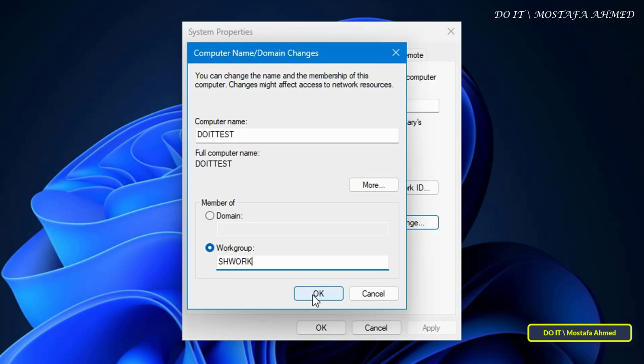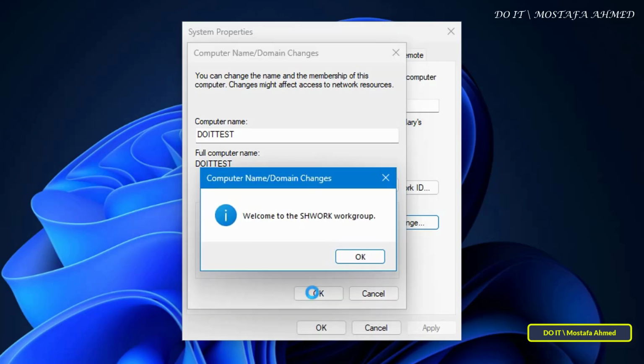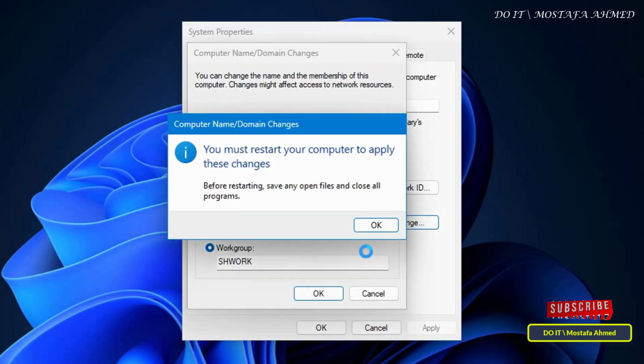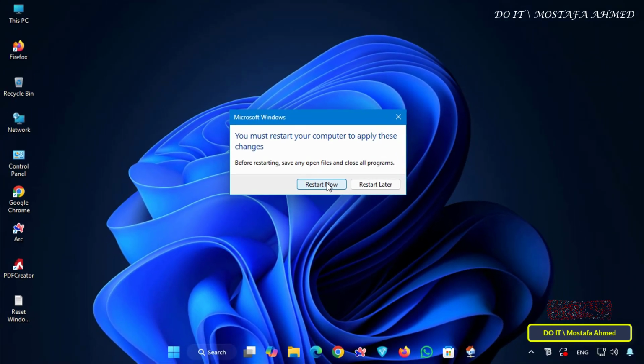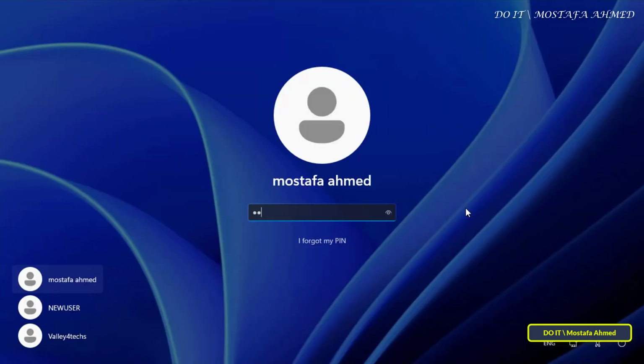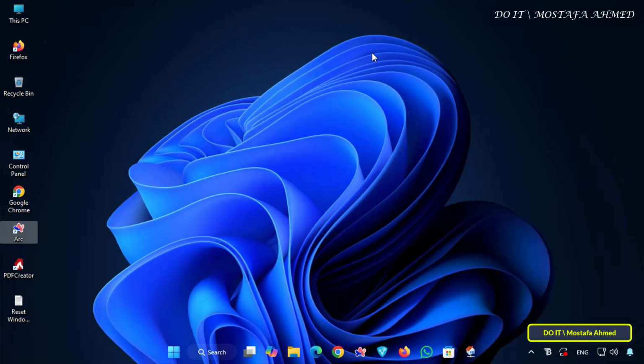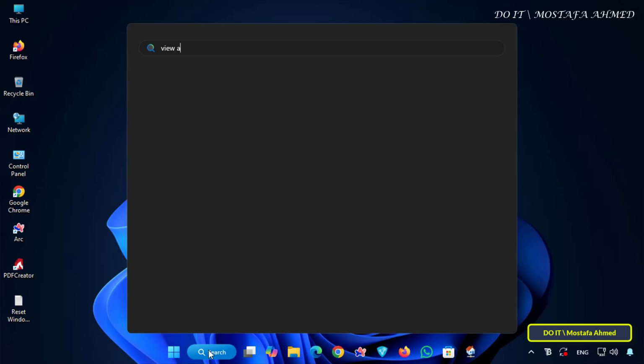Then click the OK button and wait for the welcome message for the new group. Then click OK on all dialog boxes until they close. Windows will prompt you to restart to confirm and save the new workgroup name. Click the Restart Now button to apply the new workgroup name,